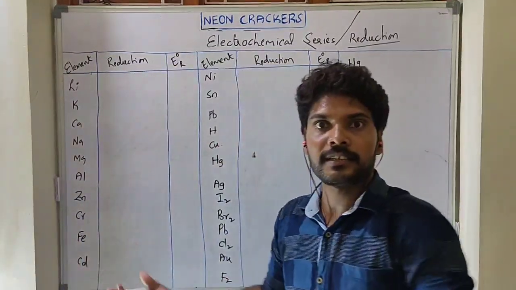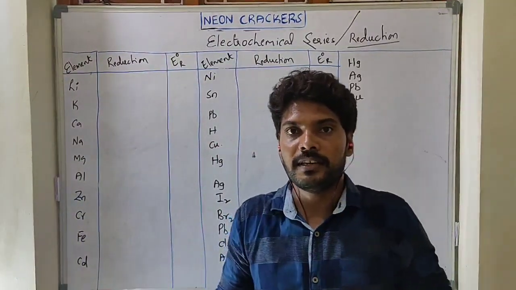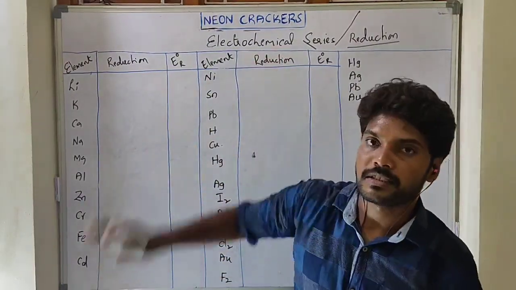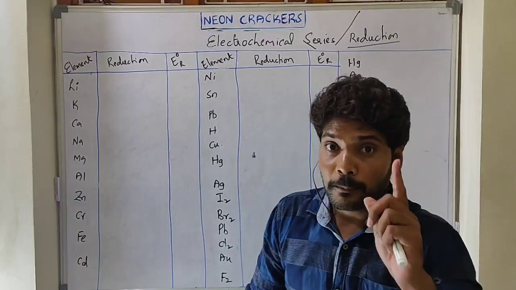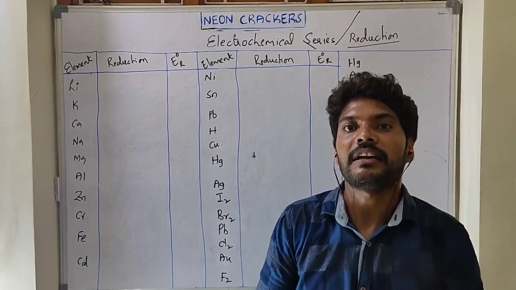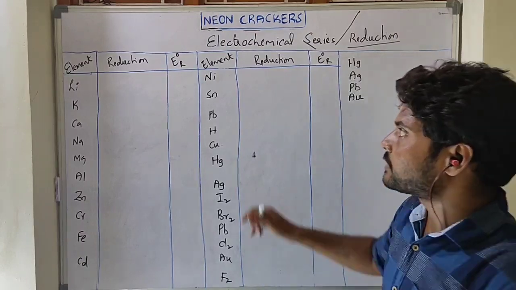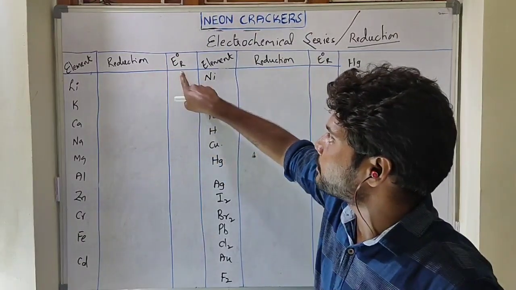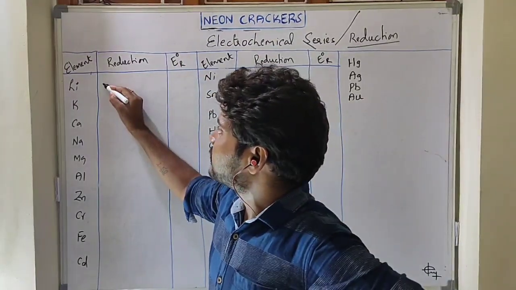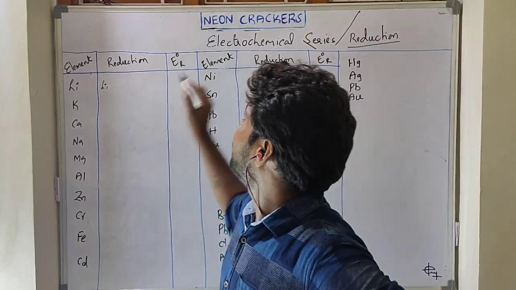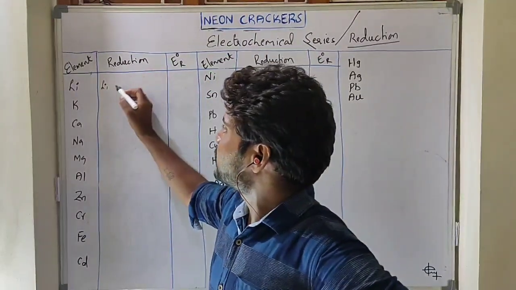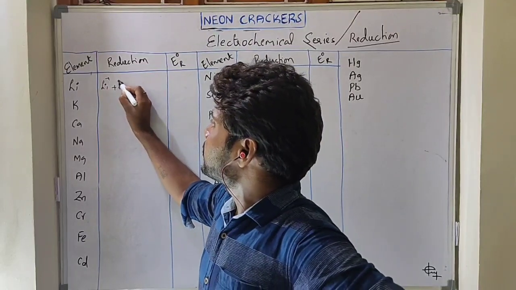Of course, many elements or components are there, but these are the important elements which can be used in the electrochemical series. And one important thing you should remember: what I'm trying to say is completely based on the reduction reaction only. That's why I wrote here reduction reaction. So what is the potential? Standard reduction potential. And what is a reduction reaction? Addition of electrons. This is about the electrochemical series, meaning transfer of electrons. Addition of electrons is reduction.